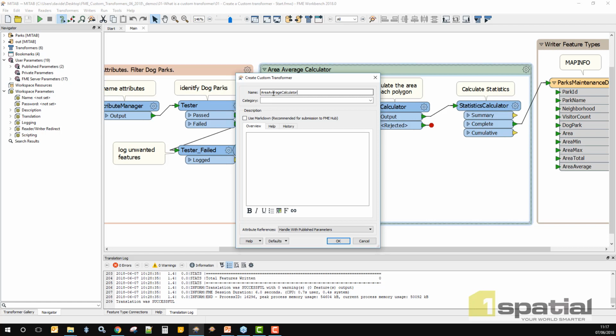calculator. And I would suggest that it's very wise at this point to provide a little bit of metadata about your custom transformer, because you want people to know how to use it and what it's intended for. So this is a very simple one. This transformer there we go. So a little bit of metadata, and you might want to provide a little bit of help